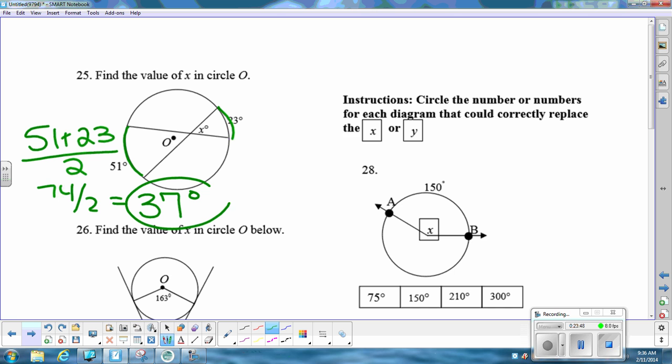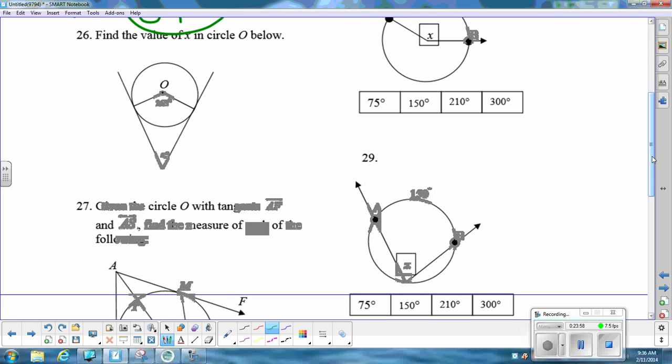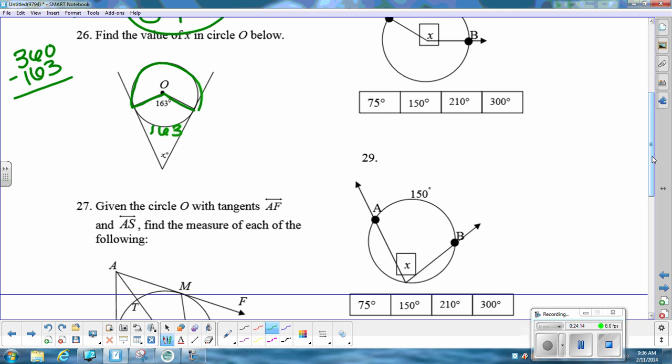So we get x is 37 degrees. 26. All right, let's see. We have this central angle, which means we know this bottom part is 163. So then the top part, the other part that makes the angle, would be 360 minus 163, which is 197. Then we do 197 minus 163, and that is 54. Divide that in half. We get,